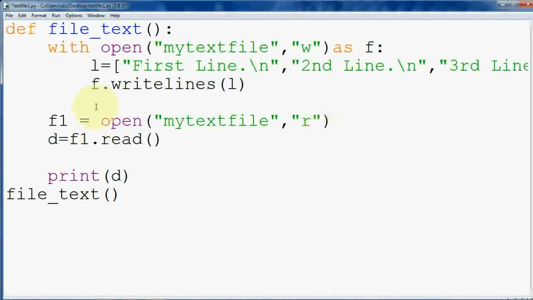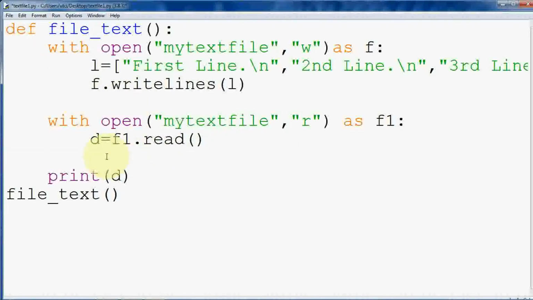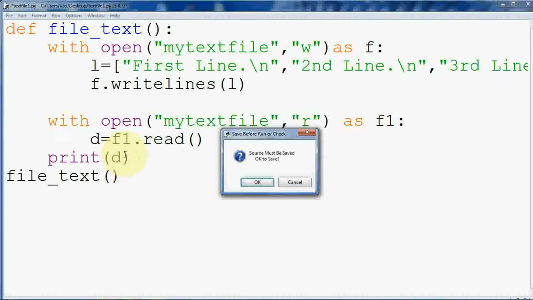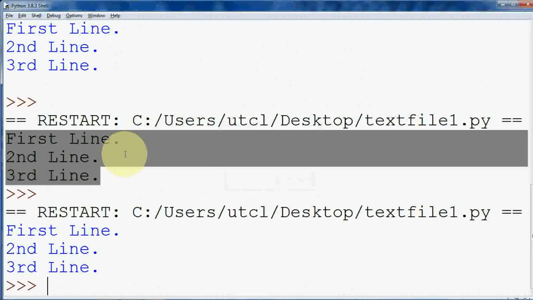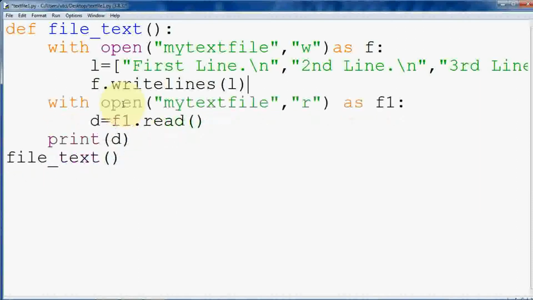Similarly with open for this as f1. It is very simple. Then indent region like this. So here f.close is not required, and it will print our data whatever we have written in the text. See, it is doing the same task, but we have ignored f.close. So if sometimes we miss writing f.close, even then the file content will come from that particular file. So I hope you understand this concept.